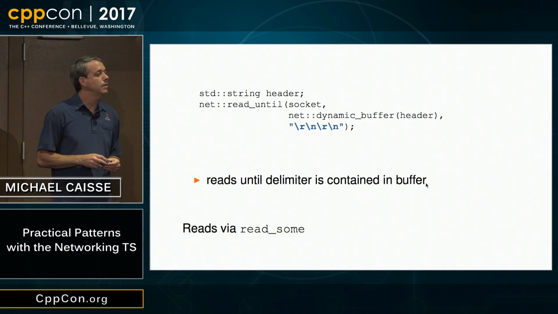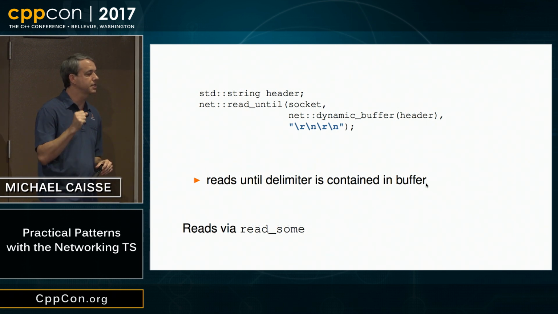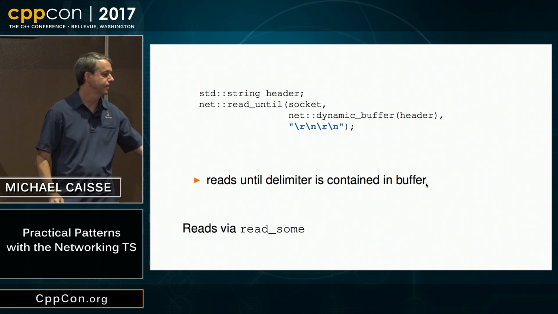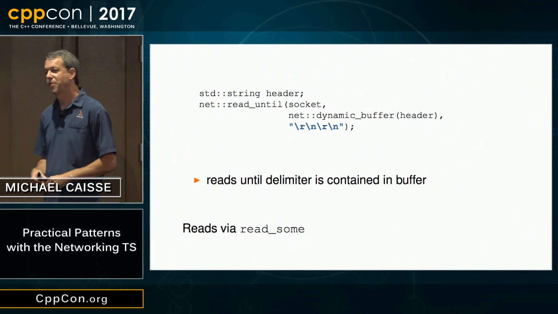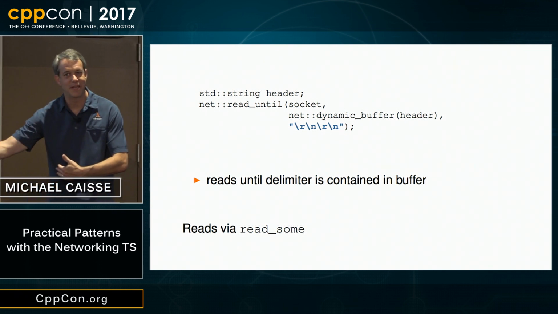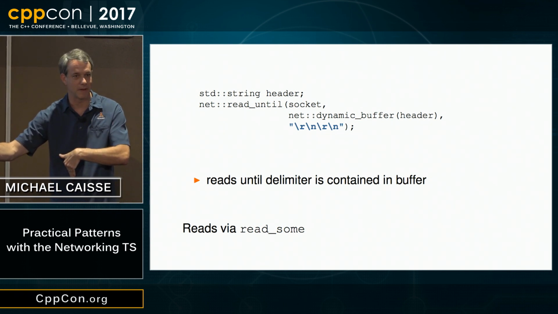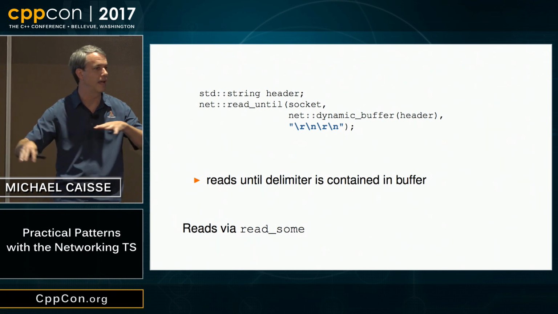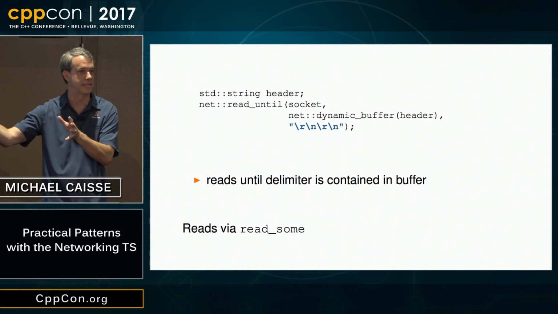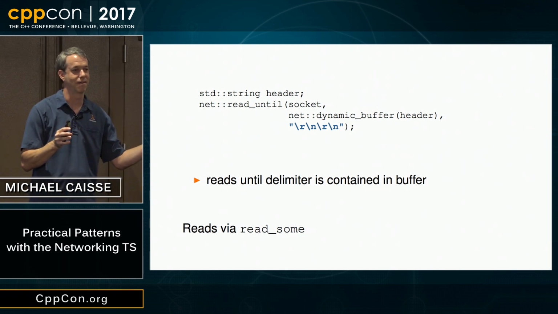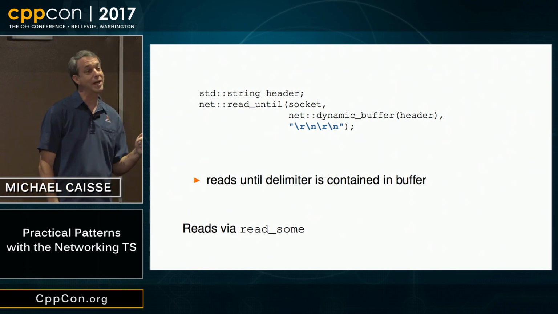All right, so it's going to read, remember this wording here, it's going to read until the delimiter is contained inside of the buffer. It's going to use read_some internally. So if I just read_some, which is going to give me everything that is available right there now inside the system, what's inside the buffer, right? Let's just think about this is maybe DMA down below, and it's DMAing into some buffer, and read_some just goes and grabs whatever is available in the system. It's got some bytes. All right. If you have those bytes and you have your delimiter sequence, what else might you have?